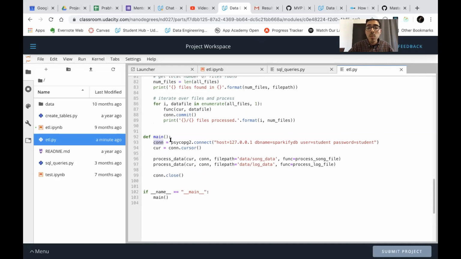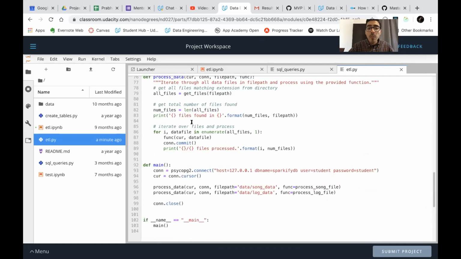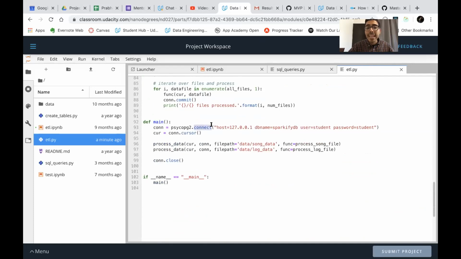And this connection variable is going to take from this library, which you imported here, and from that library it's going to take the connect method. The connect method is defined by this library, so you don't need to worry about defining it. It's already coming from this library. And here you're passing your variables, which is basically the name of the table, the user and the password,